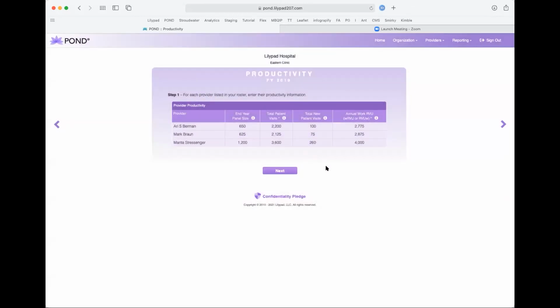Okay, we're done. That's the data collection we want you to do. The land speed record, I think I've reported to you before, is 12 minutes. There's a clinic in Iowa that went from enrolling their clinic to generating their report in 12 minutes. 12 minutes, one time per year. That's our ask. Doesn't seem like a lot, but